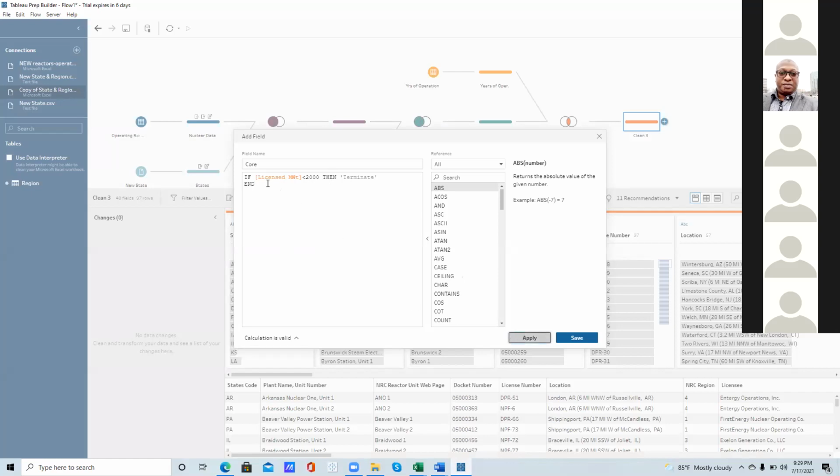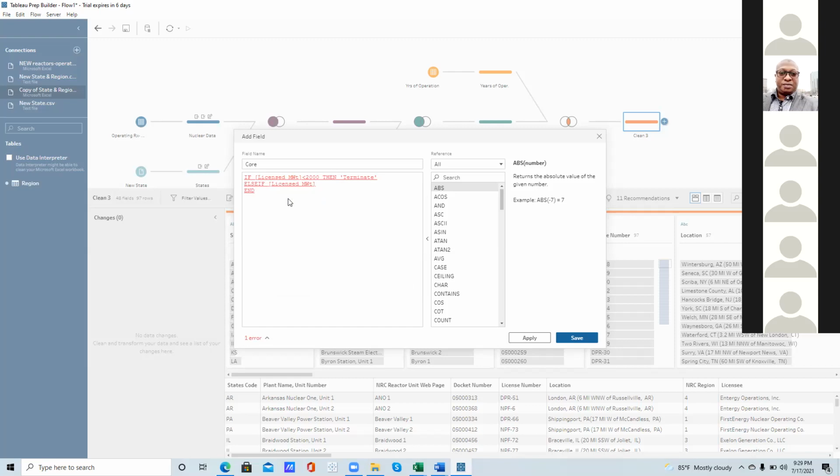We need an else if, license megawatt is greater than or equal to 2,000.